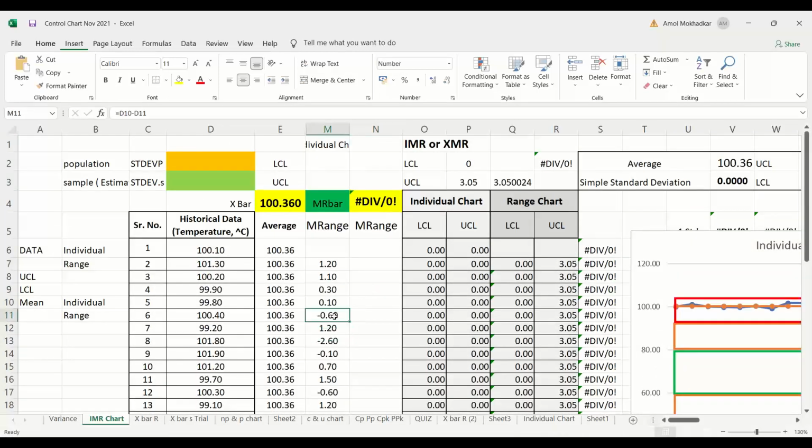Now you see there are certain minus points also. And if we take the average of this one, what will happen? They will nullify each other. And that is not the correct thing. Range is the absolute value. It is not like negative or positive range we are talking about here. It is basically how far these 2 points are located from each other. Negative or positive doesn't matter. That's why you need to take absolute value of these things while taking the